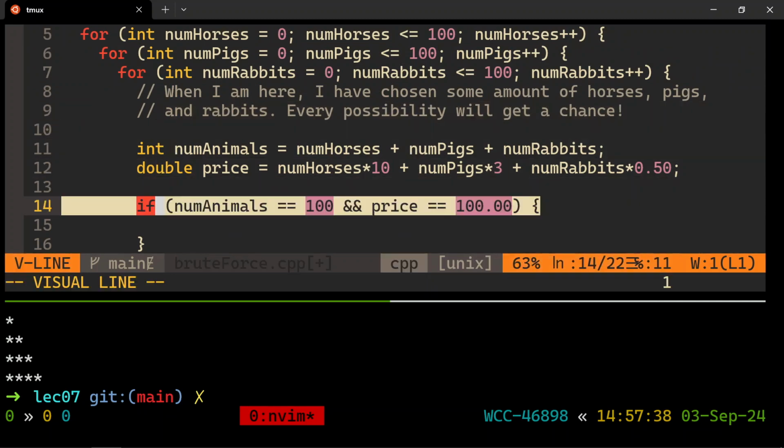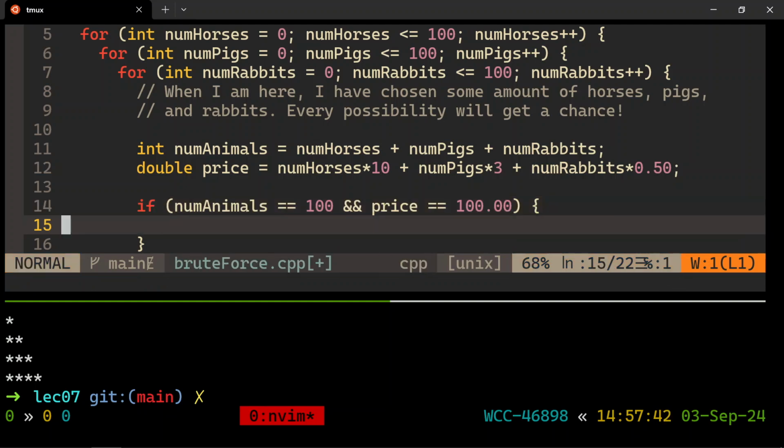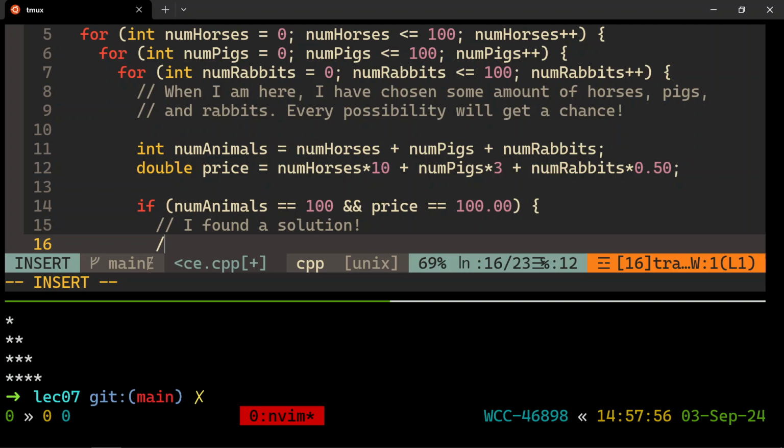You're not allowed to do this until you get a computer science degree. Then you're allowed, okay? You don't know the tricks yet. But I can compare a double just this once. I promise it's going to work this time, but it will never usually work, okay? So if that is true about those two variables, I have found a solution. Yay. And I better print it out so that I remember.